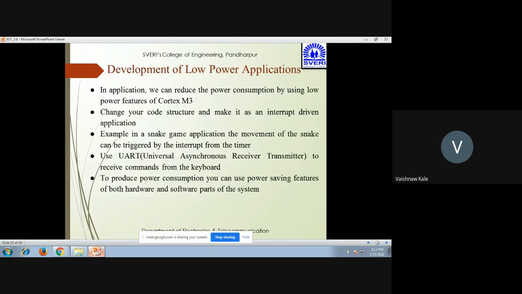These are the features. Now, as far as development of low power applications is concerned, what we can do is change the code structure by making it an interrupt driven application. Also, you can receive commands from the keyboard with the help of UART, that is Universal Asynchronous Receiver Transmitter. To reduce the power consumption, you can use power saving features for both the hardware and software parts of the system.